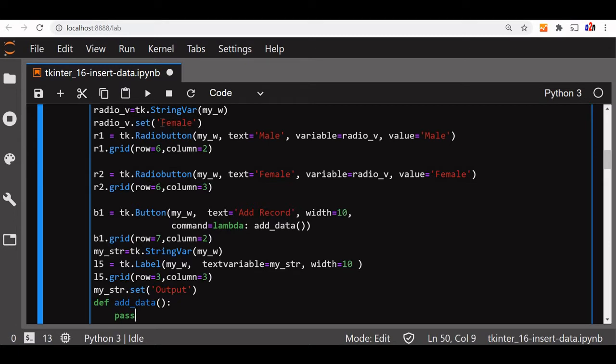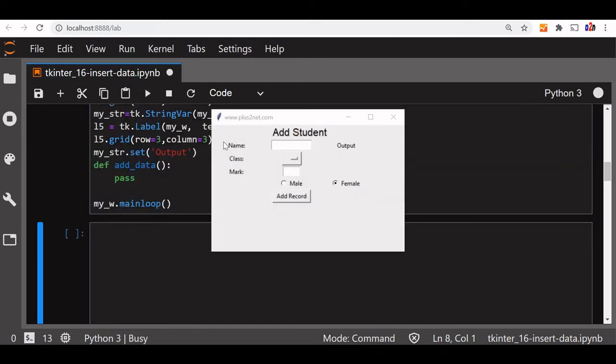Before that, let's check our window. Yeah, the window has opened. Fine, options are there. Now here is that output string variable we have just declared. This output will be replaced with a success message once the record is added, and if any error comes, we will display it here, and the output of our validation also. You can see the radio button is also working. Now let us click add record. You can see nothing will happen because we have not coded our add_data function. Right here you can see we have not written anything. So we're going to write that next.